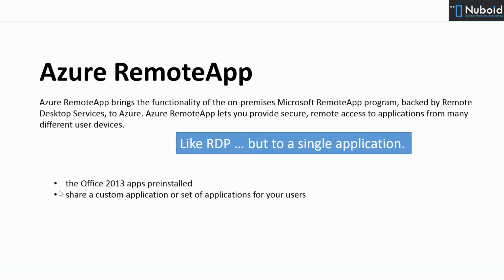So you can build an application and host it in the cloud, and that application will not be a web application, because web applications are typically streamed towards the browser. But in the case where you don't have a web application, it's a Win32 application or it's a WPF application, and you typically want to install that locally, maybe with ClickOnce or through some mechanism that you will provide, an executable or an MSI. But in this scenario, remote app means we're going to have that application running on a virtual machine in the cloud, and the end user can still use it, not through RDP as such, but it will just stream the